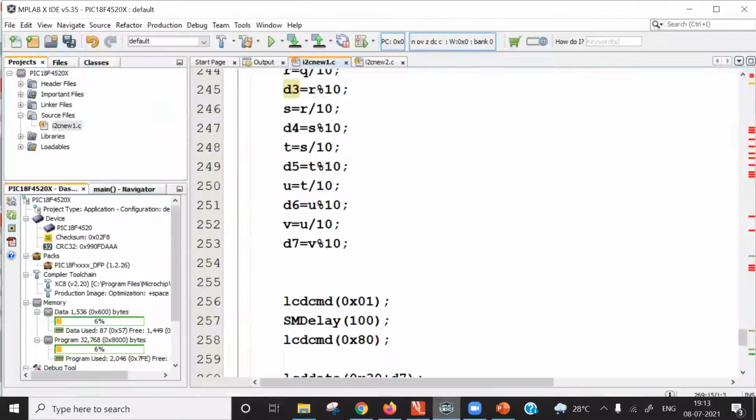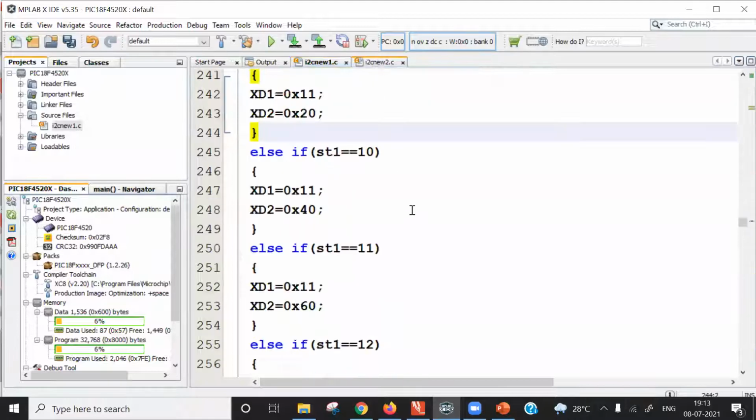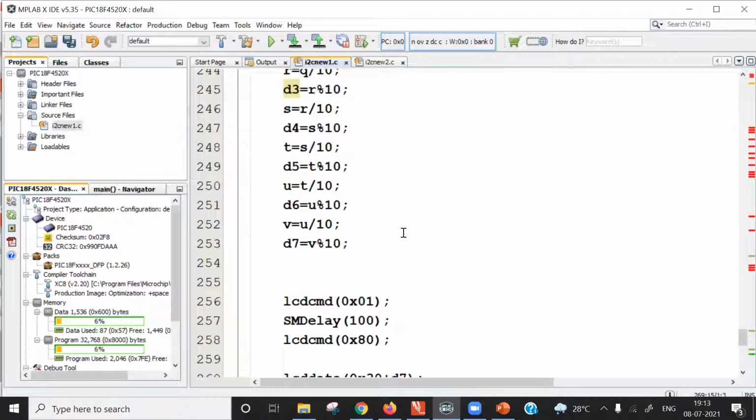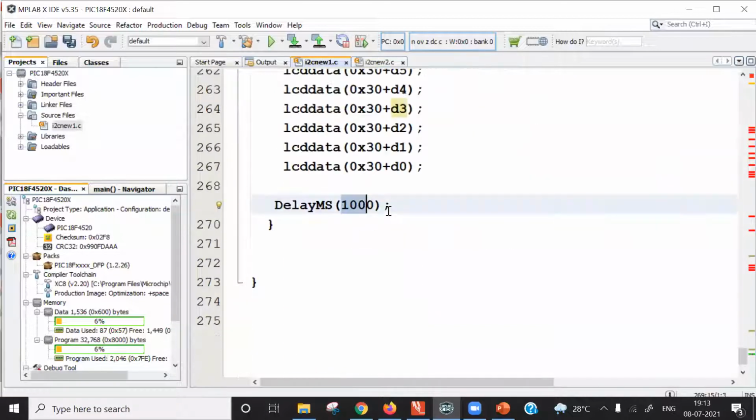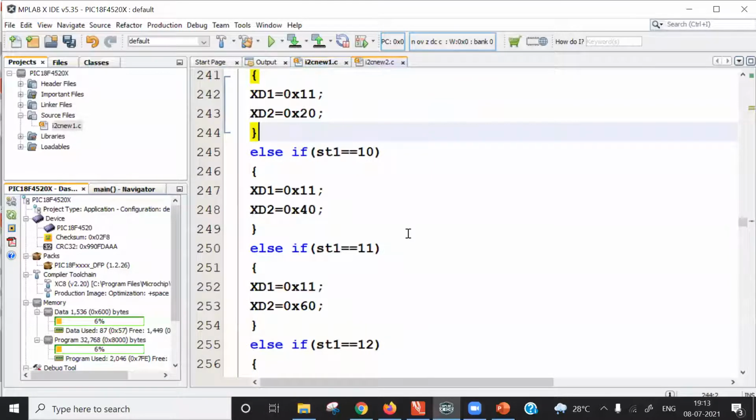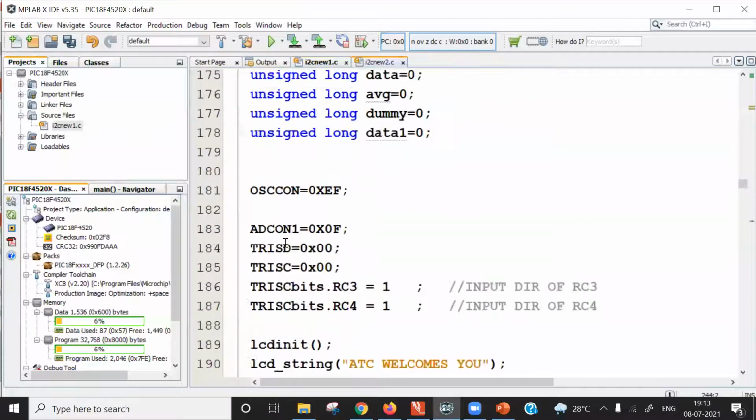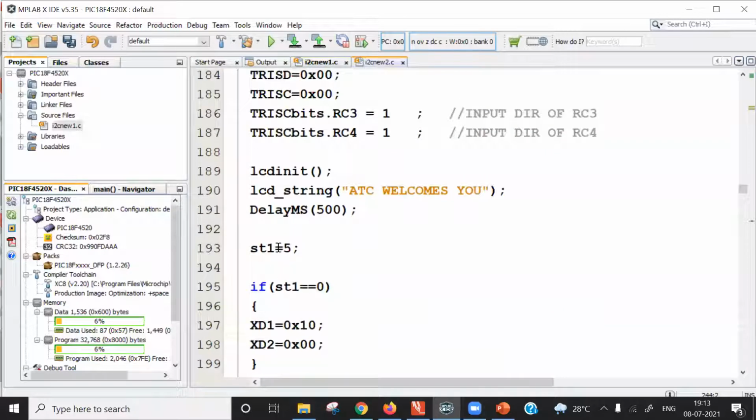So I hope all of you understood this calibration procedure. So let me spend only 5 minutes, and this topic will be over. See, there are number of different values possible for removing the offset. So I already discussed how to get proper value of XD1 and XD2. I have written another program.